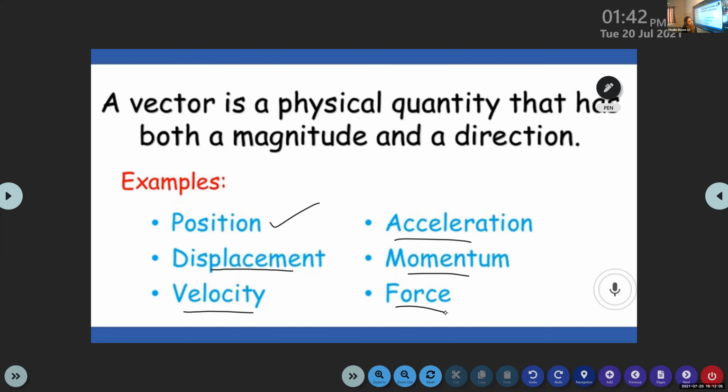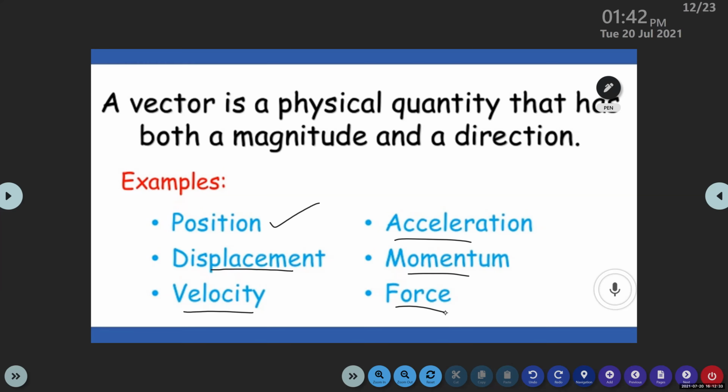So that's all about the introductory portion of this chapter, motion in a straight line. We are starting with the definition of motion. Motion is the change in position of an object with respect to time. There are different types of motion, like straight line motion, circular motion, periodic motion, oscillatory motion, and vibratory motion. But in this chapter, we only discuss one type of motion. What's that?